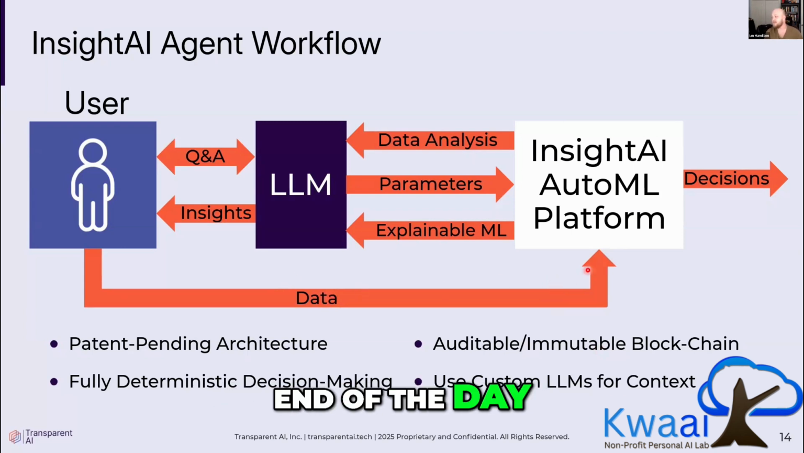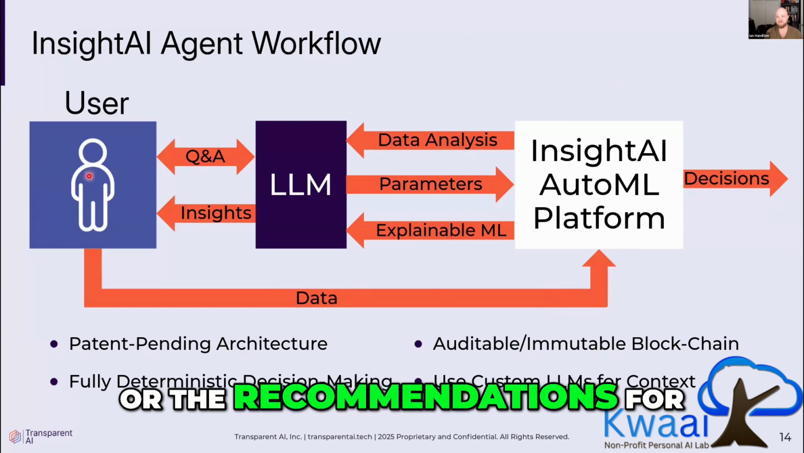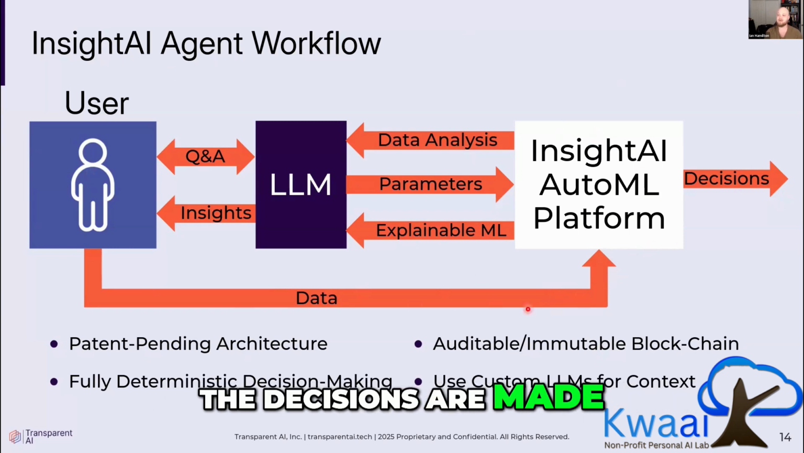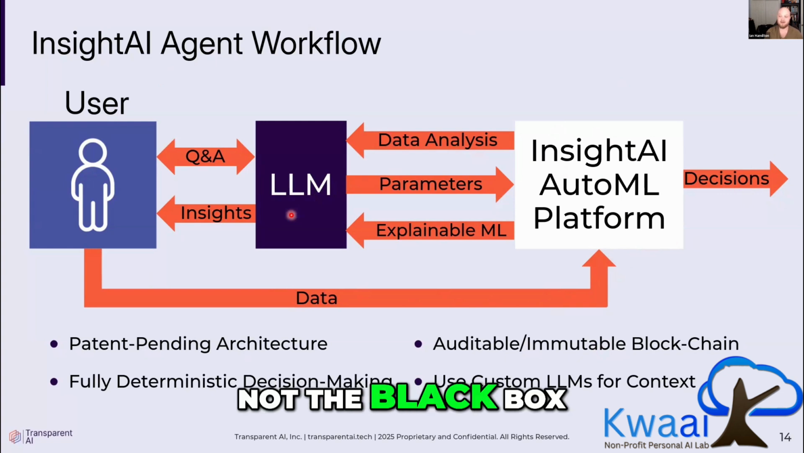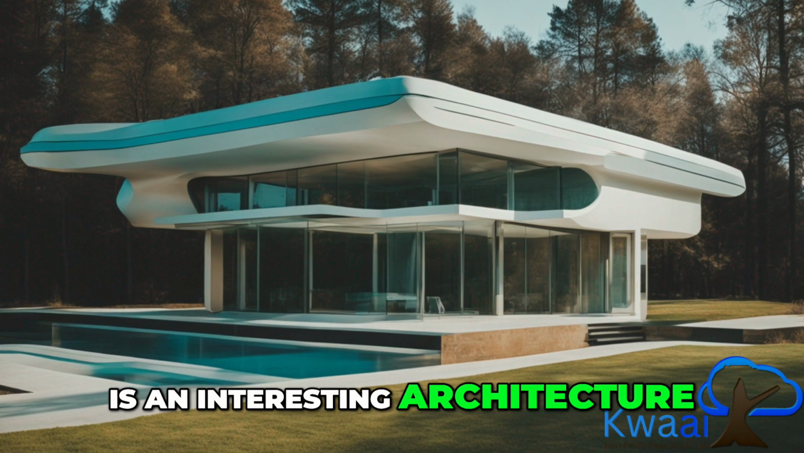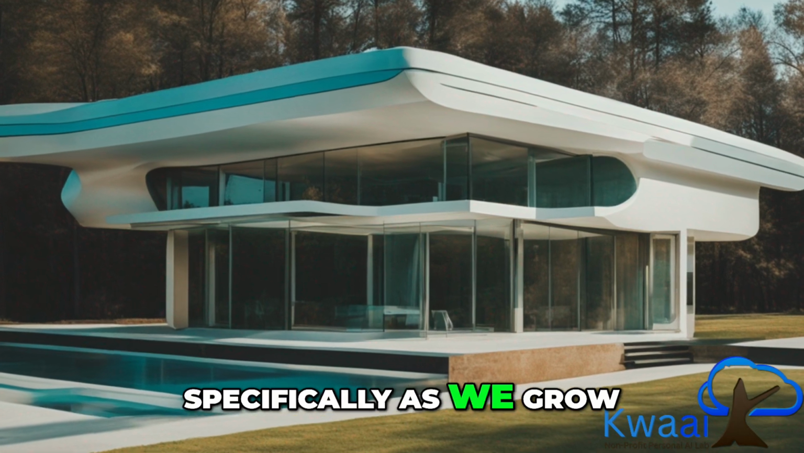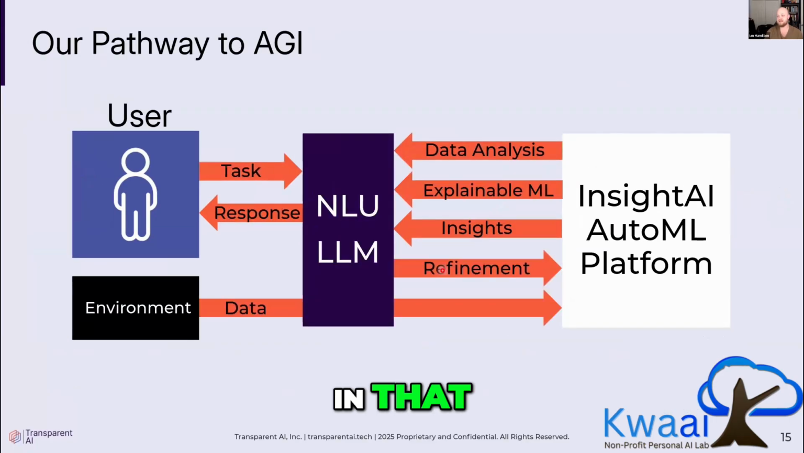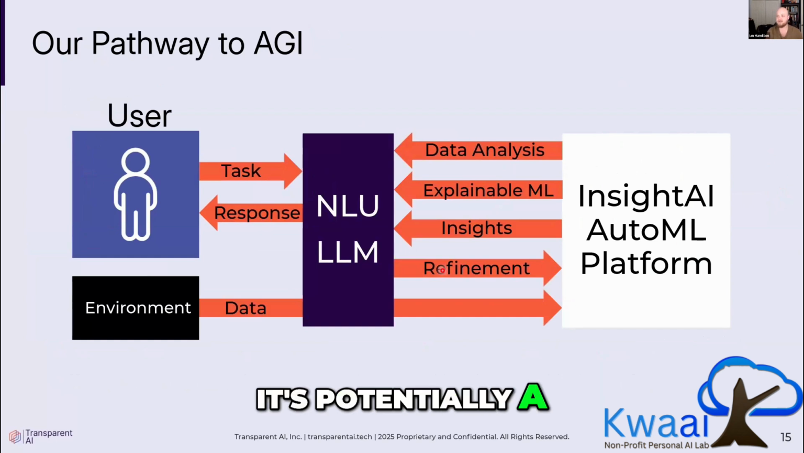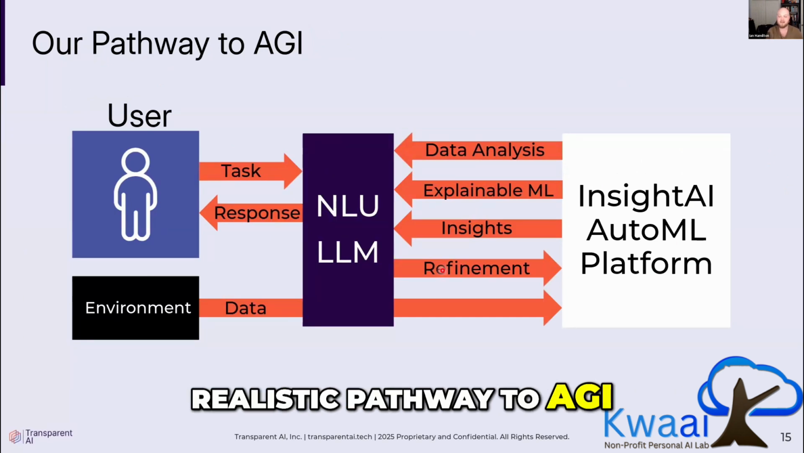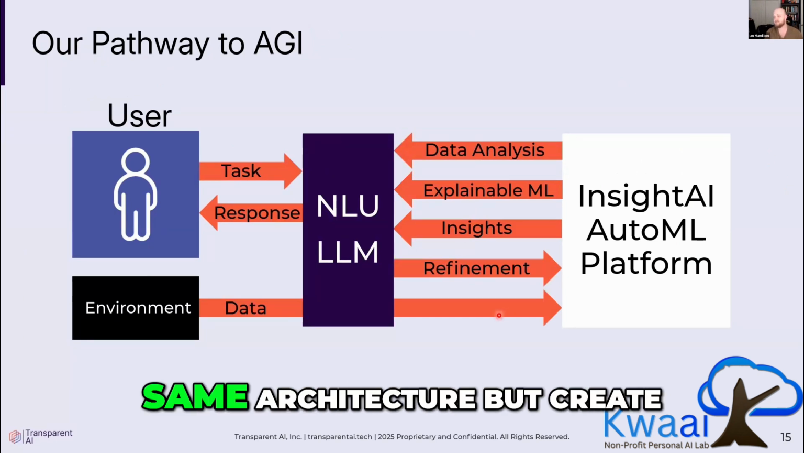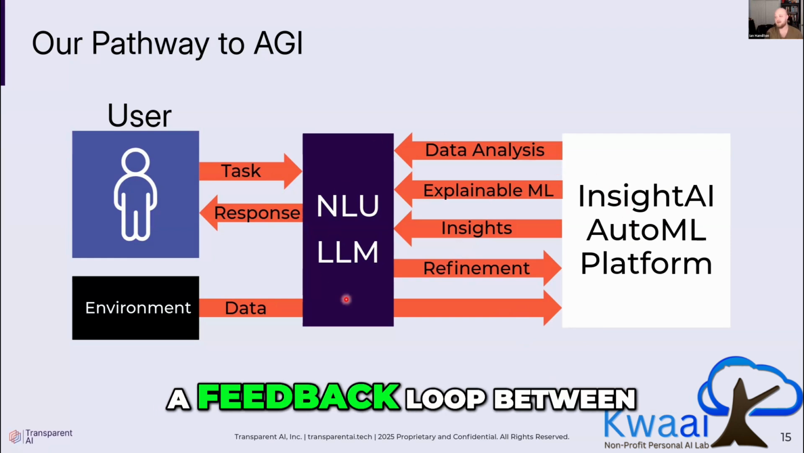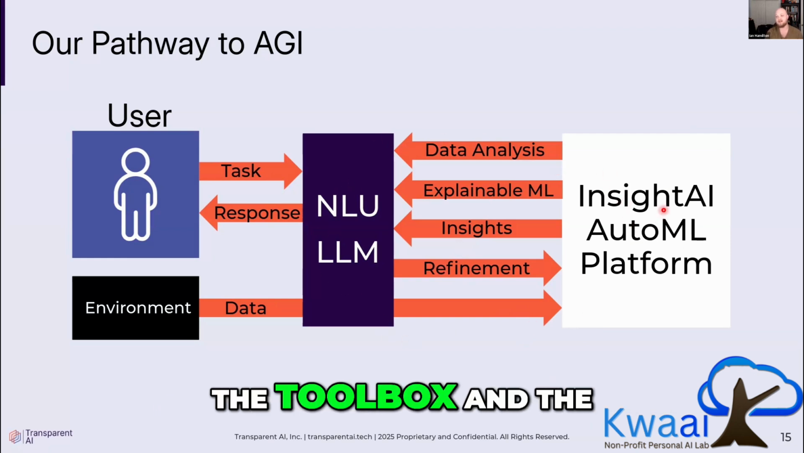And then at the end of the day, any of the decisions or the recommendations for the decisions are made by an auditable model and not the black box non-deterministic LLM. We do think this is an interesting architecture, specifically as we grow the use cases and applications, in that it's potentially a realistic pathway to AGI, where we take our same architecture but create a feedback loop between the toolbox